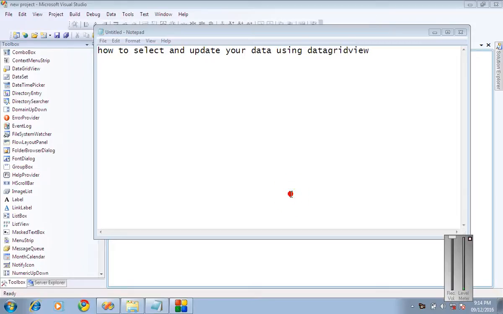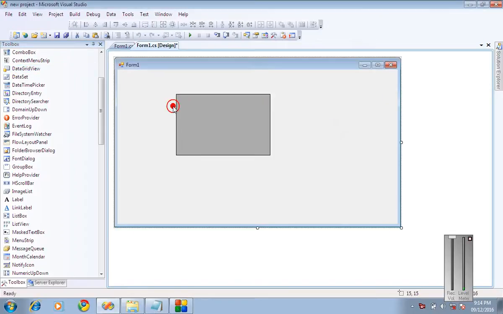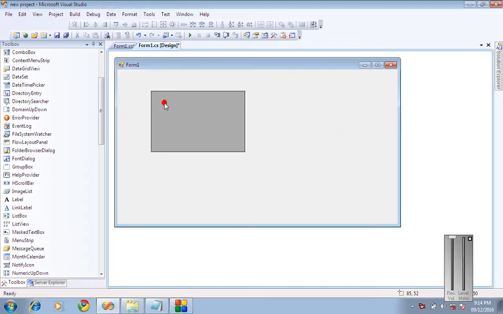Dear friends, today I am going to teach you how to select and update your data using data grid view. So for that you have to first create one form. That form has to consist one data grid view. Drag your data grid view from your toolbox. Resize your grid view as you wish,